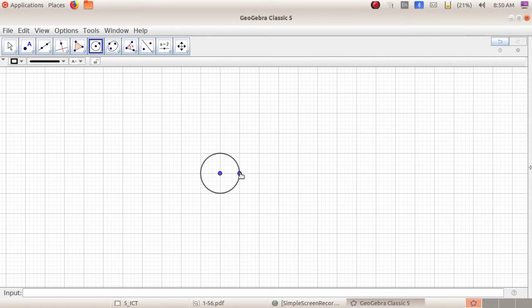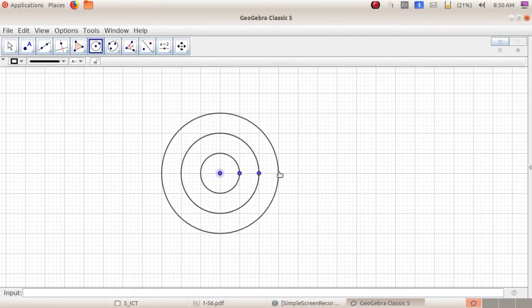Now draw circles with different radii without changing the center point. I am going to draw one more circle without changing the center. Second circle, then third circle. Likewise, we can draw a lot of circles. So, what is the radius of the first circle? Yes, these lines are considered as 1 centimeter. So the radius of the first circle is 1 centimeter.